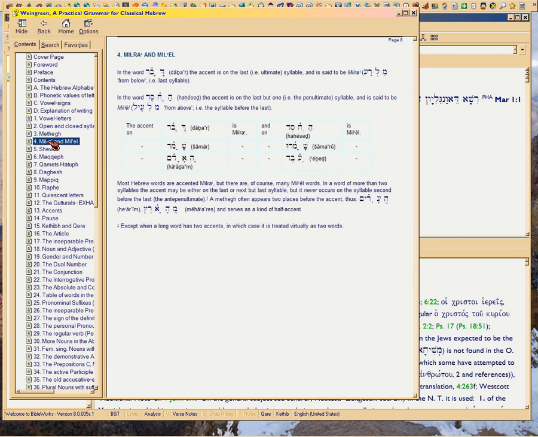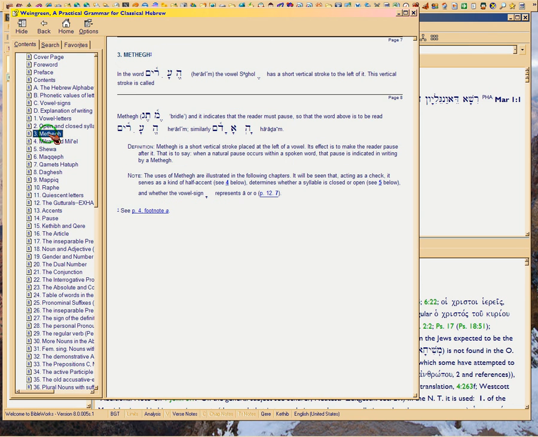The problem is, and he kind of has to do this, he's giving you the Hebrew names for things. A metheg. Well, what's a metheg? What's a sagal? Well, first of all, it tells you what the word means there, and it indicates that the reader must pause. So you're getting a lot of extra vocabulary with him too. But these are the terms that they actually use in scholarship, first of all. Second of all, this helps you communicate with people who speak Hebrew. But he's giving you the names.